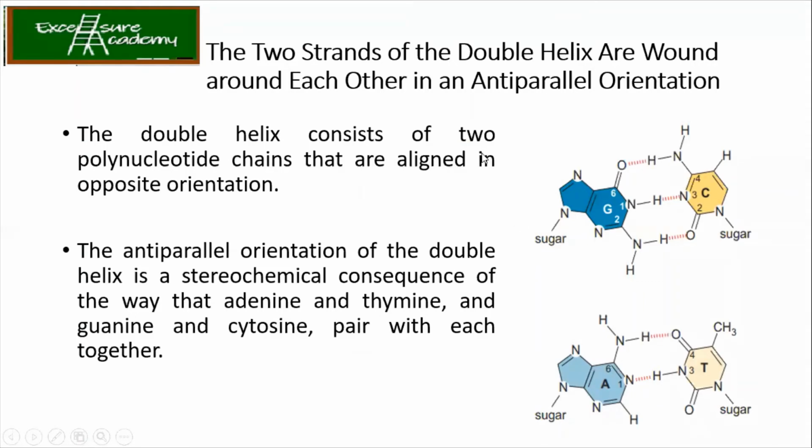And because of this only, it is possible to have hydrogen bonding between the two bases. So we know that between adenine and thymine there are two hydrogen bonds, whereas in the case of guanine and cytosine there are three hydrogen bonds. You can see the structure over here. Now, you need to remember also how the hydrogen bonds are formed.